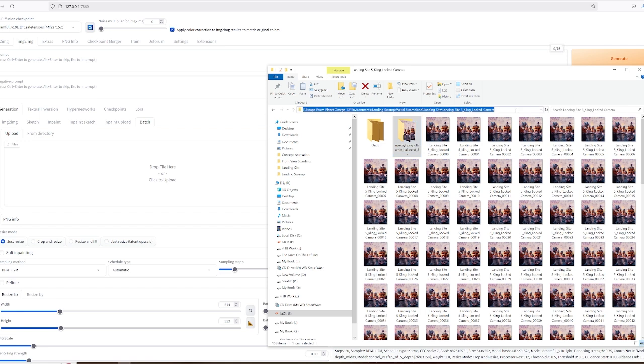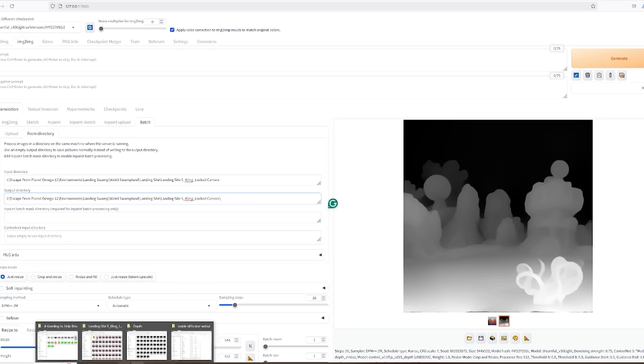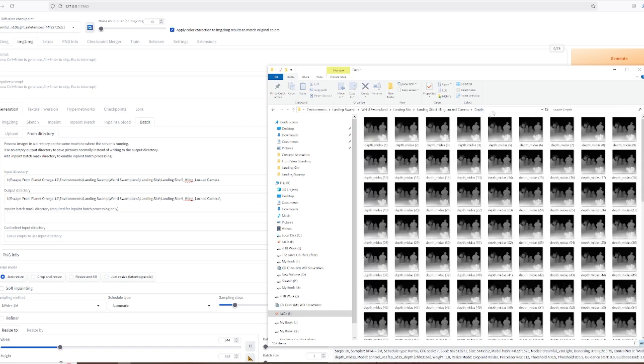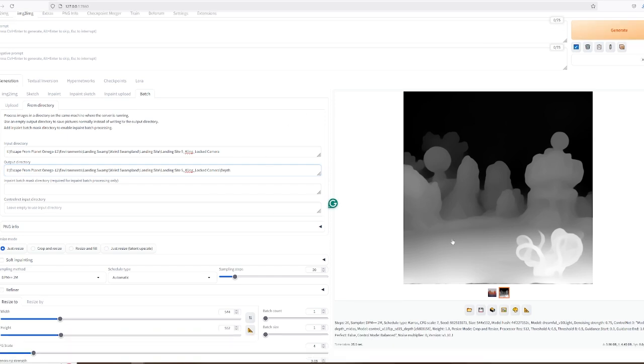So we've got the frames for that, and then we just go in and we paste in, as you can see here, I'm pasting in the folder name for where I want to create the PNG sequence. And where I want to create a depth map, I just do a little slash at the end, and then I type in that I want it to create a new folder. So it created a folder called depth, where I've got the depth PNG sequence, and now I can generate it,